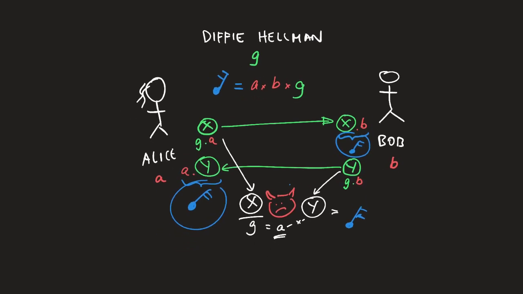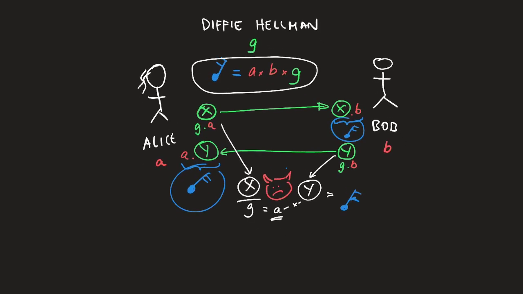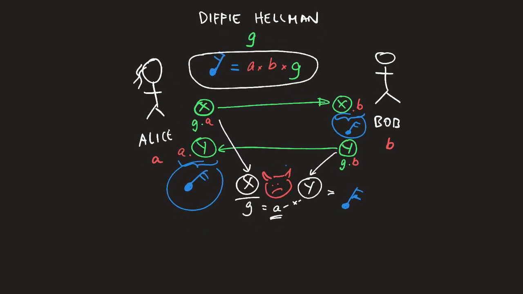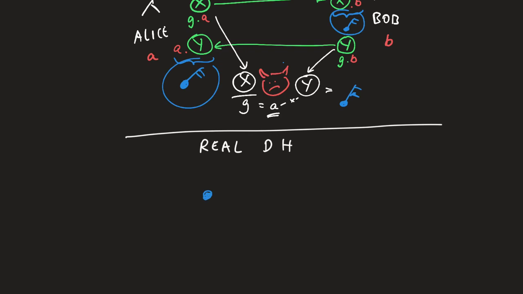And he's able to get a copy of the secret key because this is too simple. So in real Diffie Hellman, we're going to walk through the real Diffie Hellman. That definition of the key is going to be much more complicated. So the key is going to be